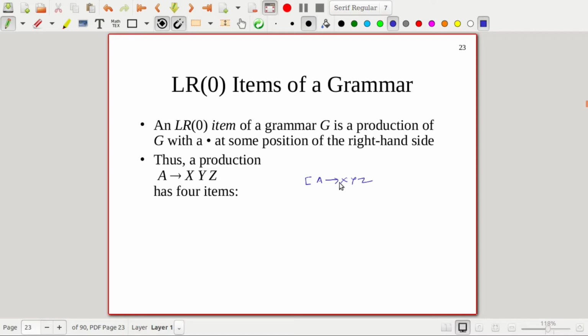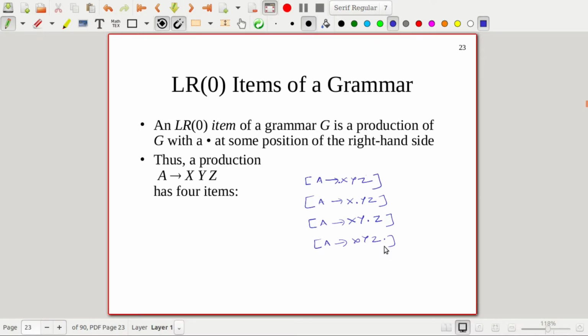So we can create an item by putting a dot at the first position, then another item by putting a dot after this X and before this Y and Z, then another item A gives XY dot Z, then A gives XYZ dot. So these are the 4 items that can be generated from the production A gives XYZ,